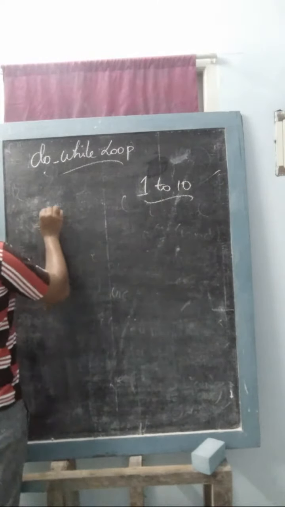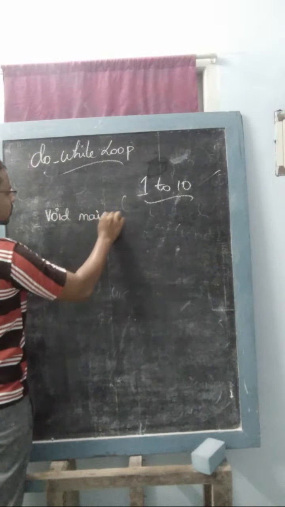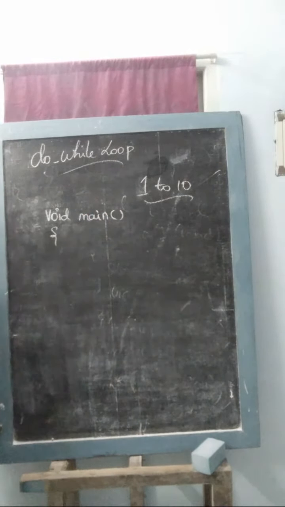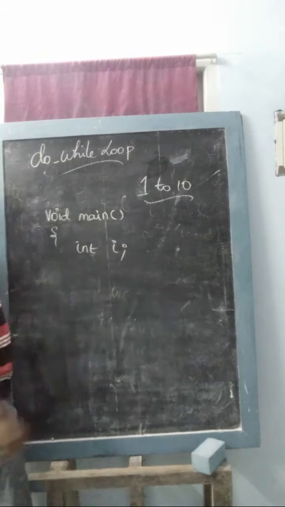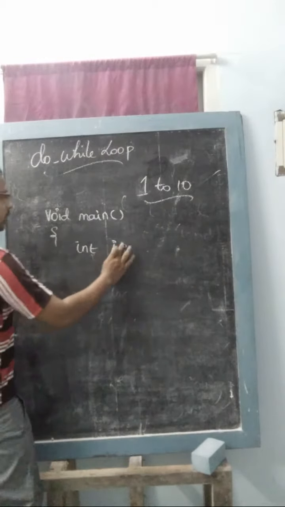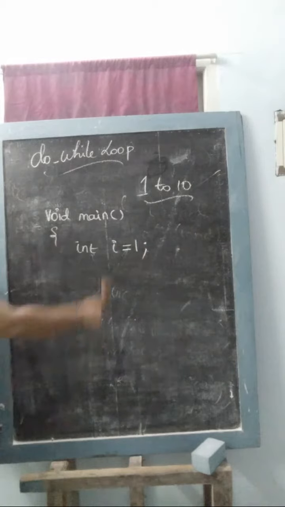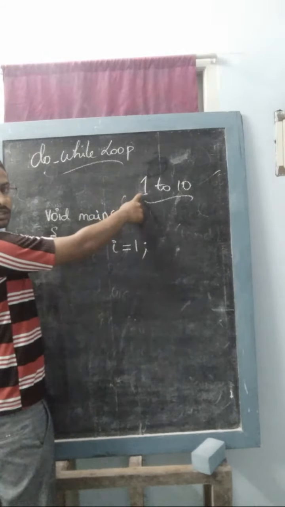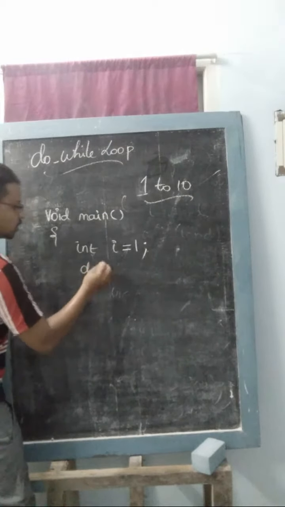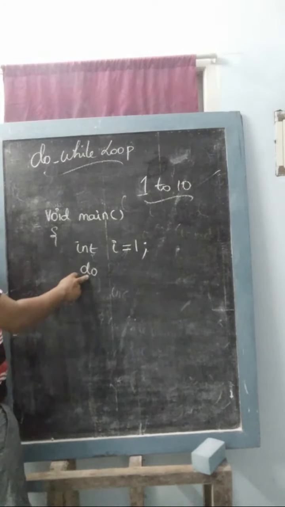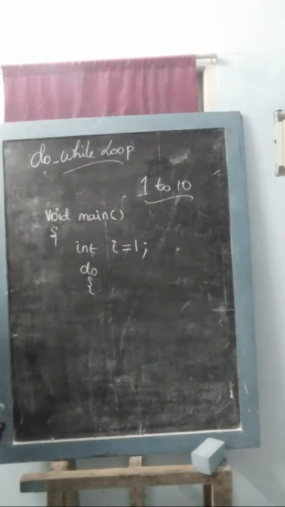So I'm starting from void main. I'm using a variable called I for iteration, for how many times it will be executed. And I'm initializing the I variable, I is equal to 1, because I'm going to print starting from 1. Based on the syntax, we have to use do. After using do, we have to open the